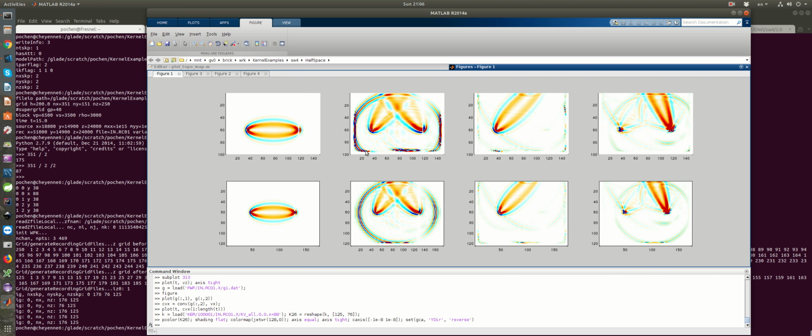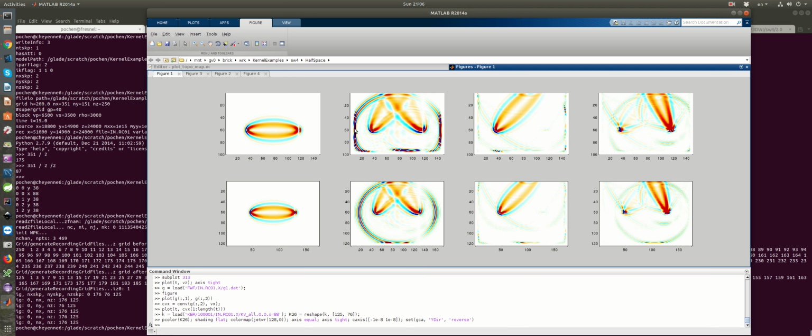This is something I didn't see in the AWP code. The AWP code implements the perfectly matched layer, or PML, boundary condition, and the PML is quite good inside the AWP code. You don't see this kind of very high sensitivity close to the absorbing boundaries. But if I enlarge the entire simulation domain to a larger size,